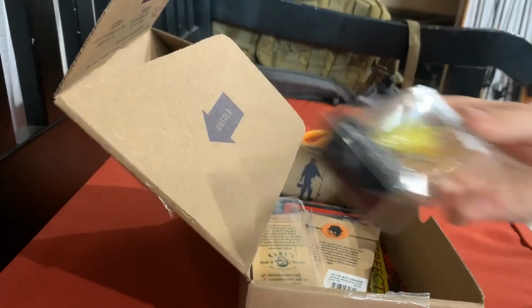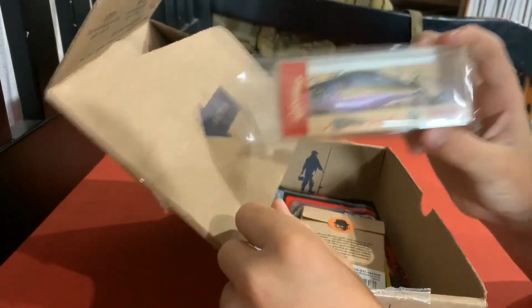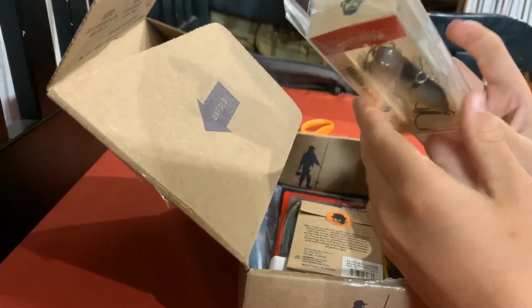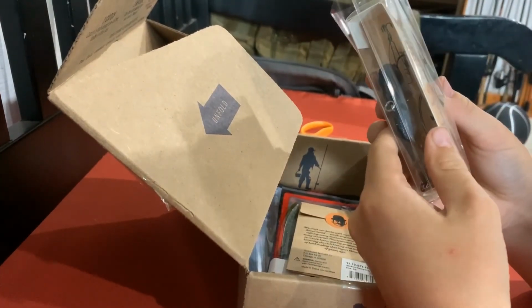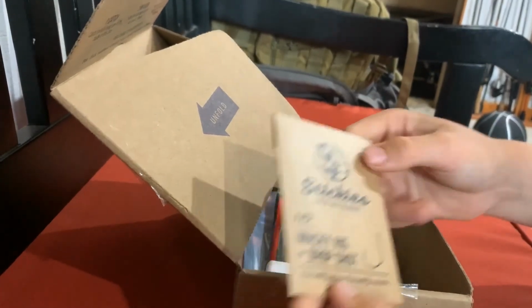I don't actually have any gold ones. But we got a lipless crank, and dang, Carl's Baits and Tackle is good at getting good-looking lipless cranks. That looks so good right there. So yeah, it's a Carl's brand. That looks very good. They don't say the depth on there, but we got some wacky rig drop shot hooks,